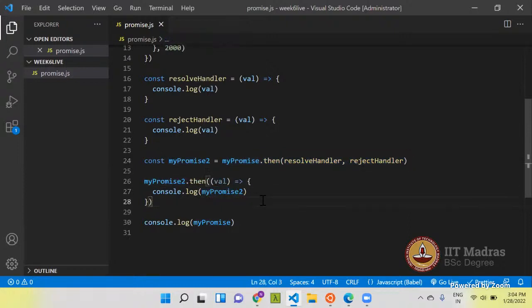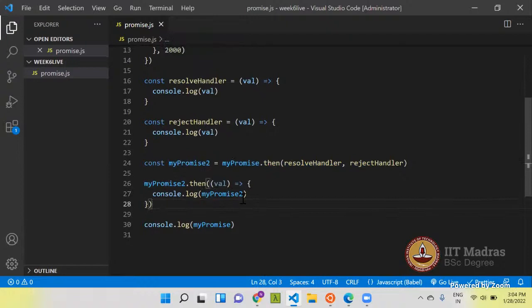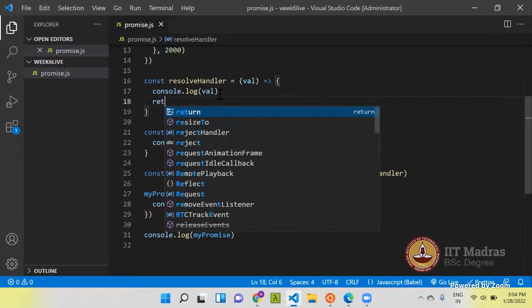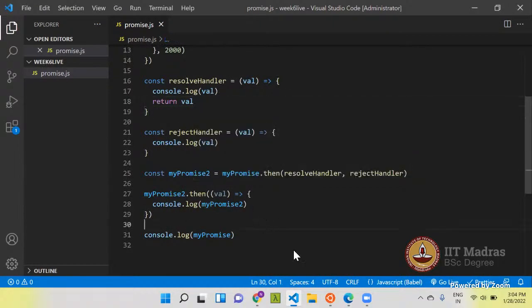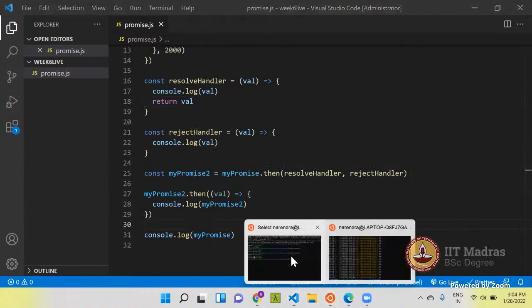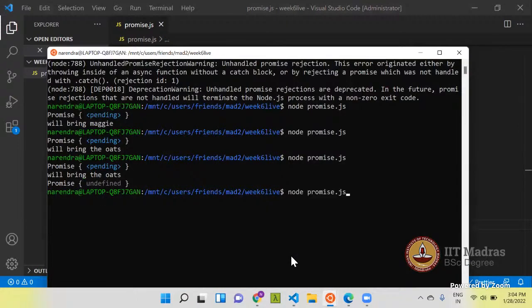Now let's do one thing. In the resolve handler, instead of logging this value, let's return this value. Now try to run it and see what is happening.